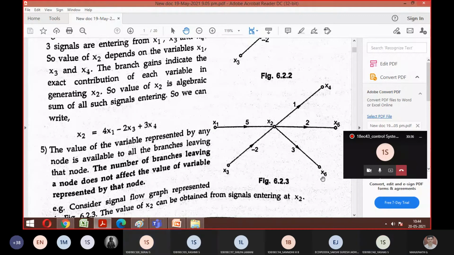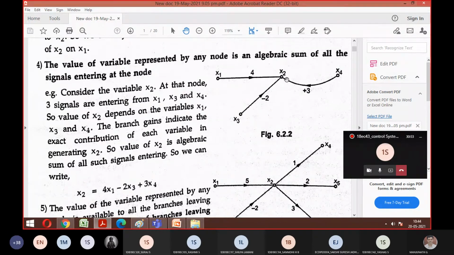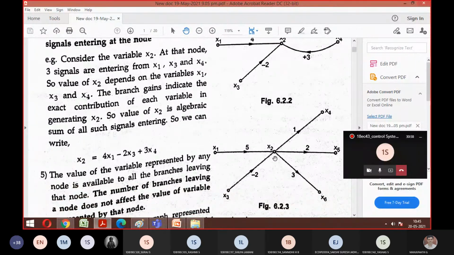So I hope everyone got the idea now of how to consider the concept with respect to properties 4 and 5, entering as well as leaving. Is it okay, guys? In the previous example, x2 was only one node acting like an output because 3 were entering it. But look here: I can take x2, x4, x5, x6 all as output because they have entering branches, and x4 also has entering, x5 also has entering. If it is x2, it is leaving. So a mixture of both concepts is what property number 5 is. Am I clear?